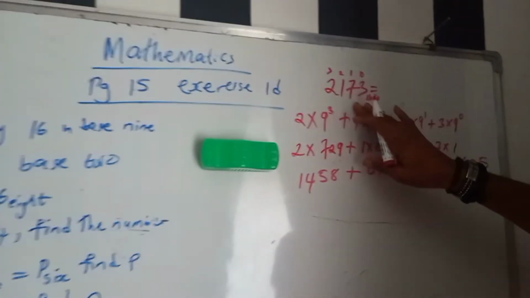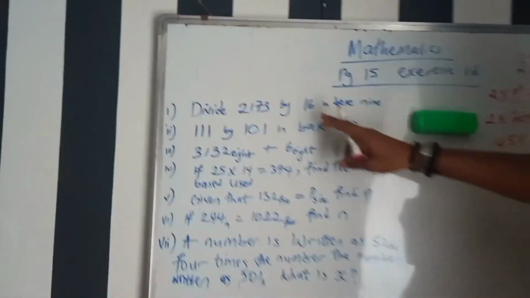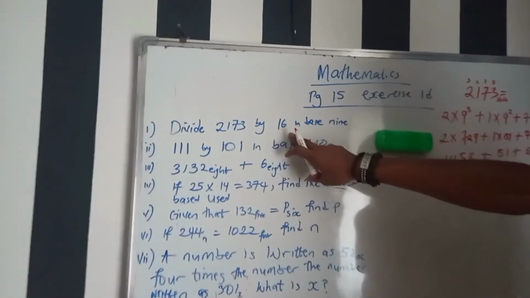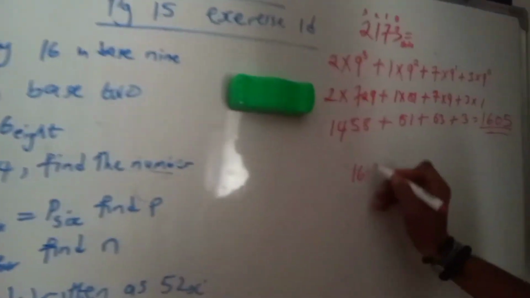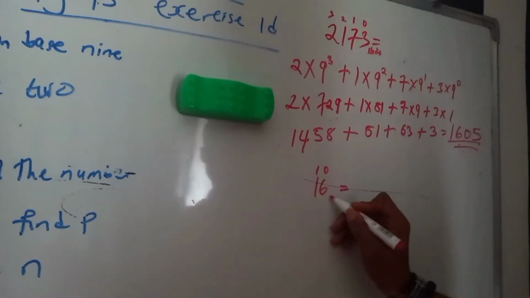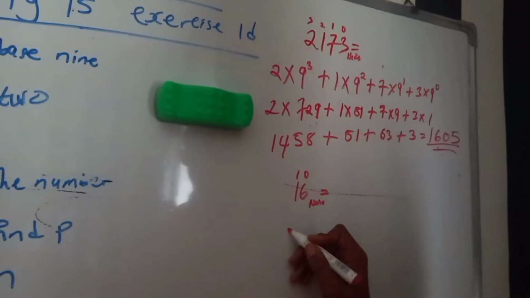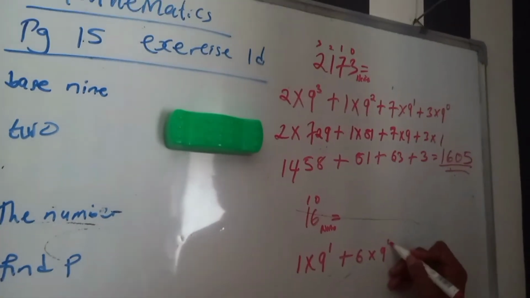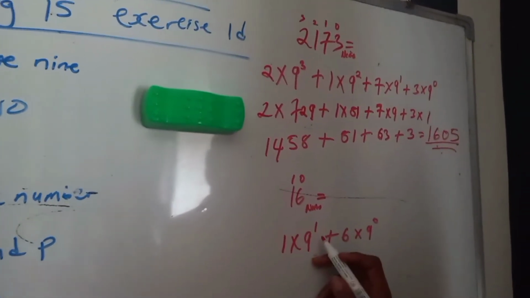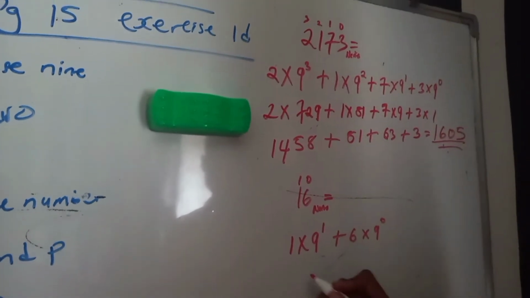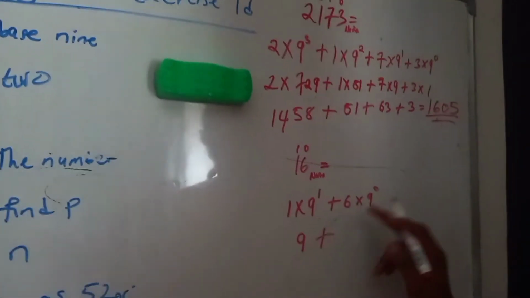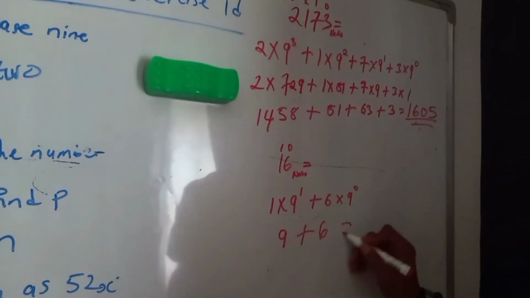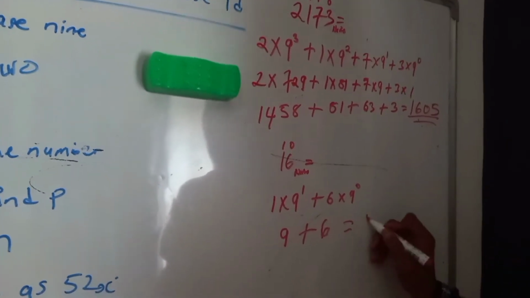Work out this first one. Mind you, we want to divide using the long division method. So the next thing to do is we also expand the 16 in base 9, which equals 1 times 9 to the power 1, plus 6 times 9 to the power 0. 9 times 1 is 9, plus 6 times 1, since anything to the power 0 is 1, so 6 times 1 is 6. 9 plus 6 is